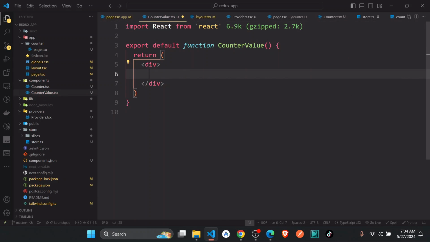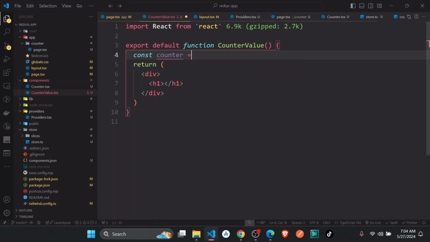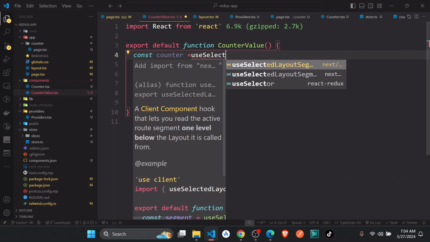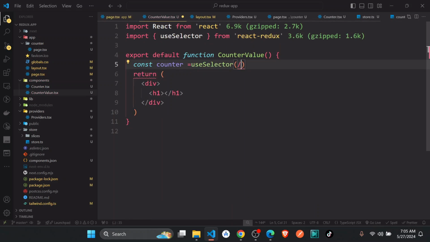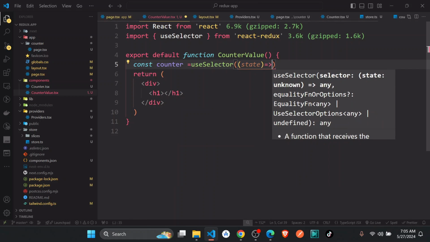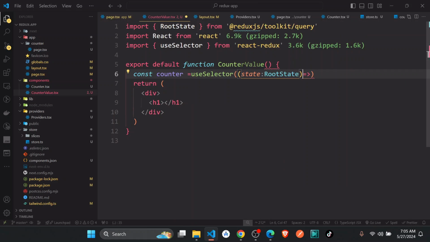So now, if I just want to show here the counter, I will just say const counter. We all know that it is equal to useSelector from Redux, and you pass in a state like so. It has access to the state, and now this state, as we said, we have to give it the root state to be able to actually have it. So here we just have state dot